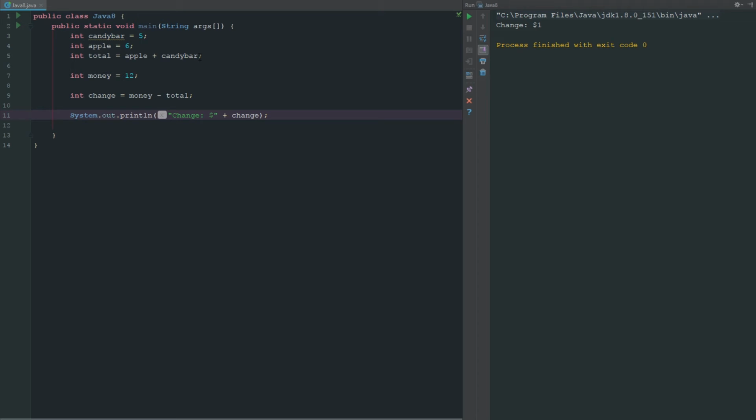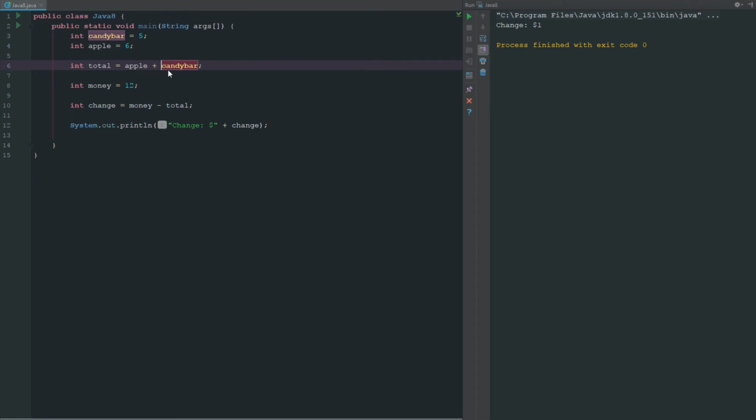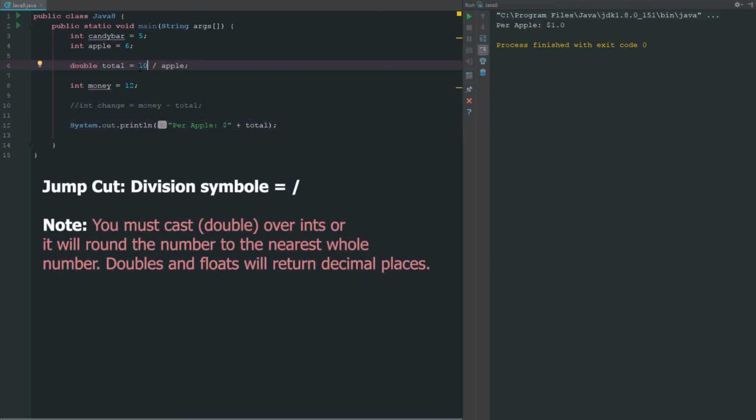So let's just create a new total and say we want our apples, right? So we want to get 2 apples. So we're just going to take the cost and we're going to multiply it, or use this little sign here, the asterisk, I think that's what it's called, and we're just going to multiply. And now we can see our change is $0 because each apple costs $6, and we want 2 of them, so our total and our change is going to give us $0 in change. So we're just going to cast double over these, so that way it will print us out the right value here, right? So it's